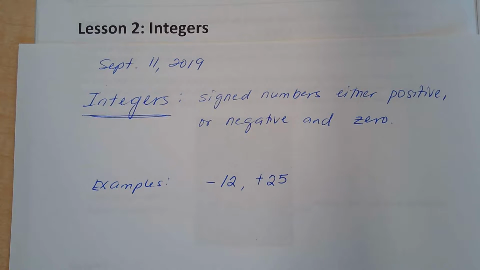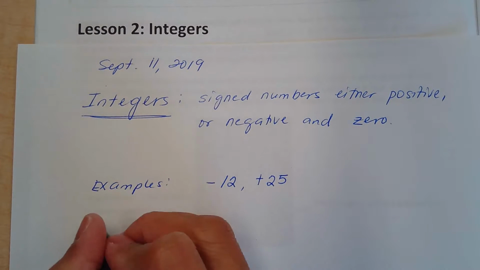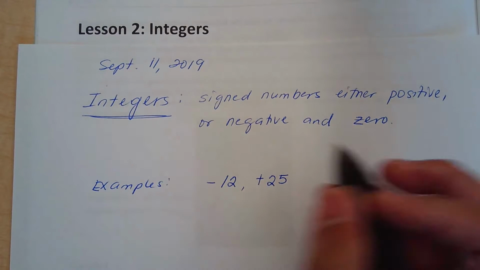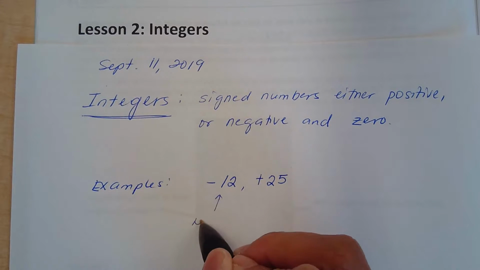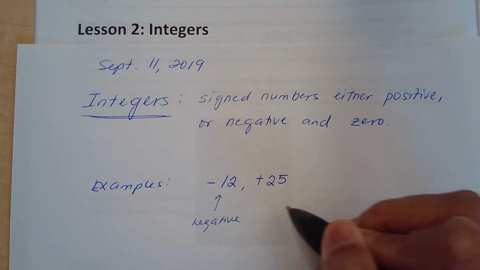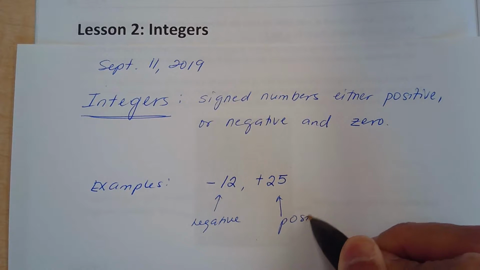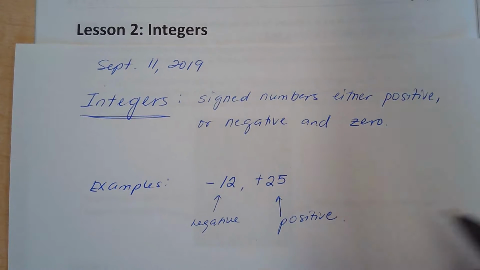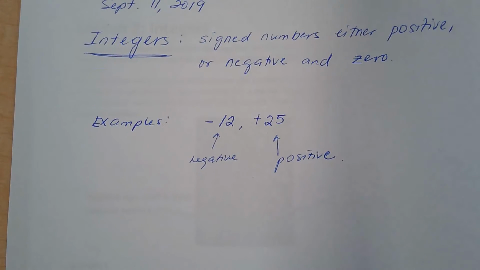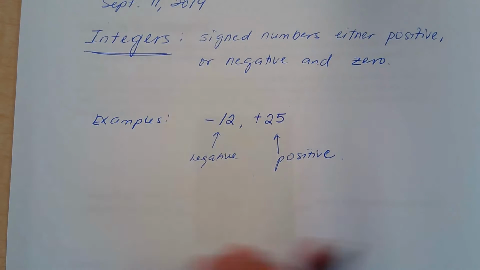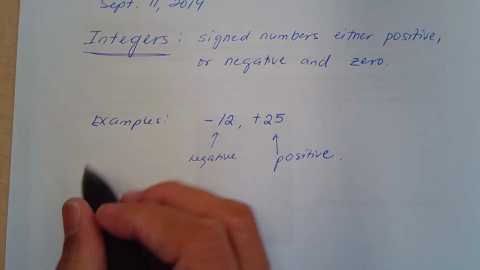That's an integer. Okay. So let's take a look at, so this is a negative. This is a positive. Integers. Now, when we look at this, positive or negative,